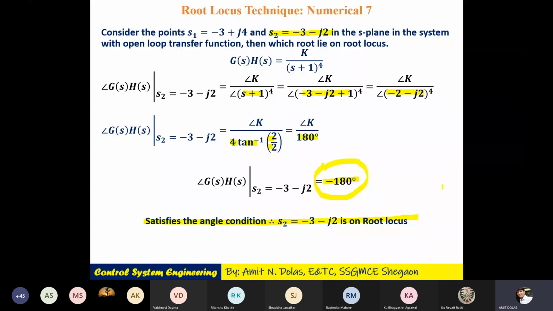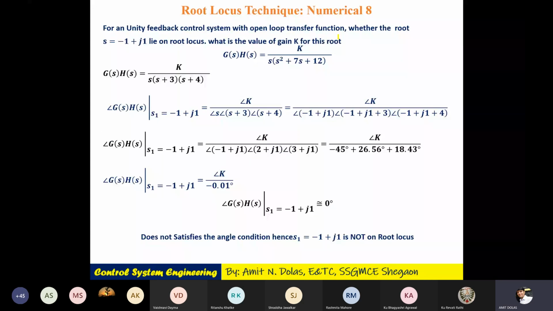We have not drawn the complete root locus. Please note the point: till now we have not drawn the complete root locus. What I do is use one example at a time, for calculating angle, calculating magnitude, then centroid, then breakaway point, asymptote, and then your last numerical will have all those points. You have to calculate the complete root locus and plot it.